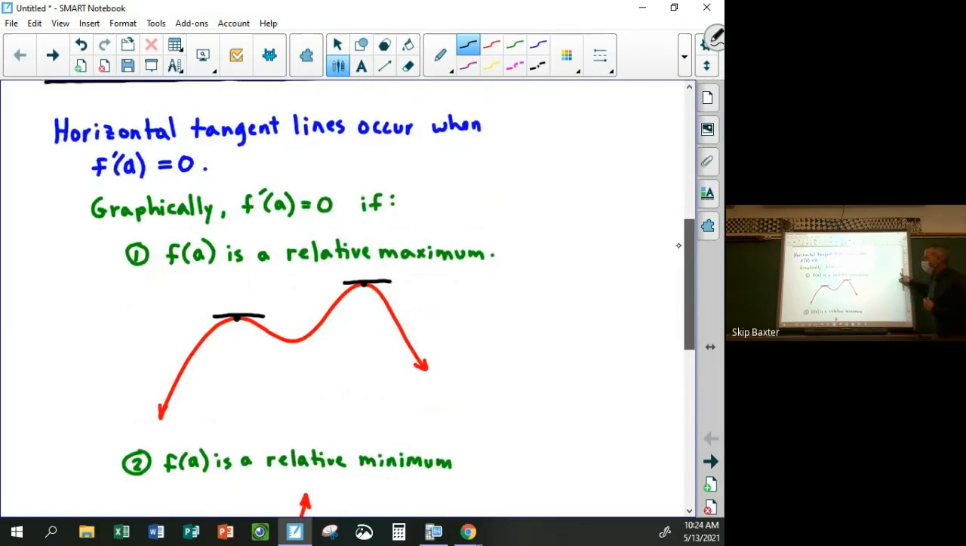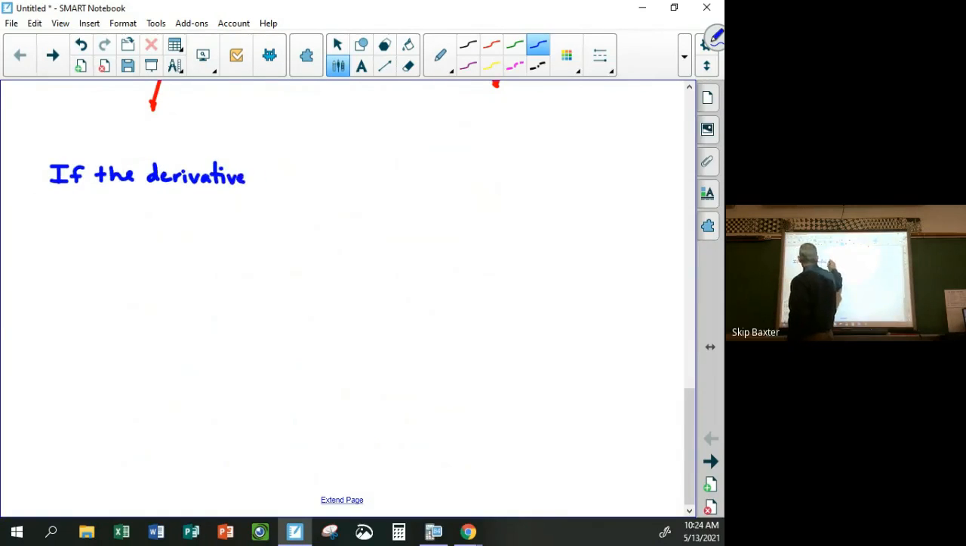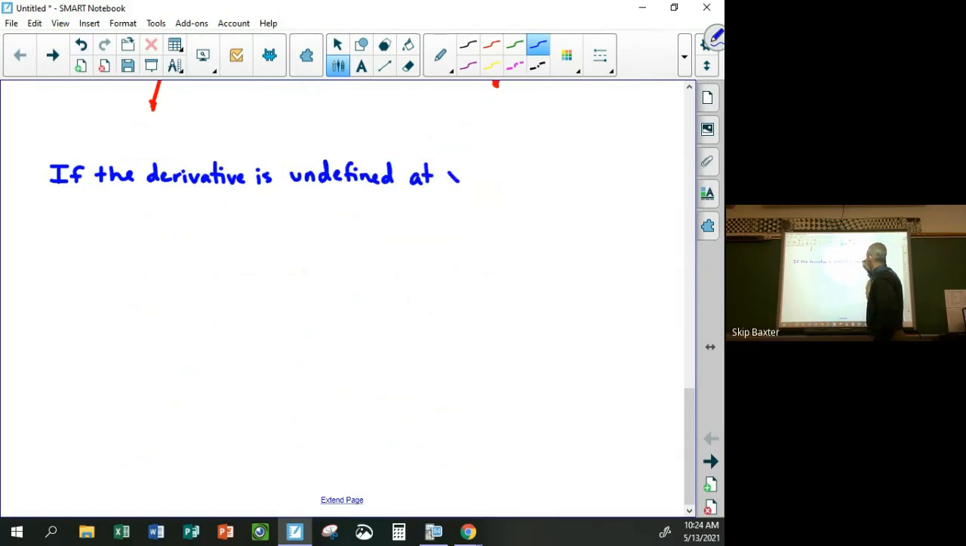So the next thing then that might occur is that the derivative might be undefined. Okay? If the derivative is undefined at x equals a, then